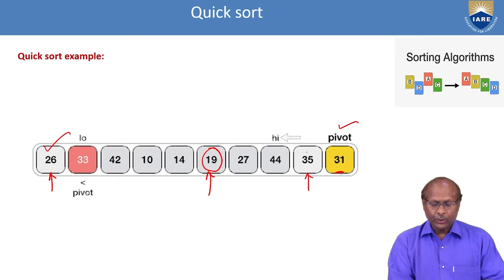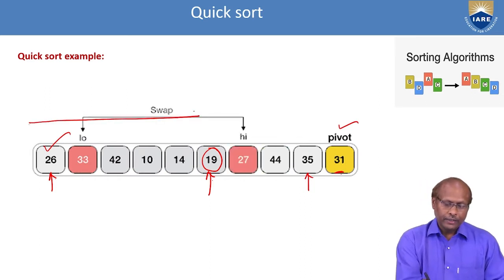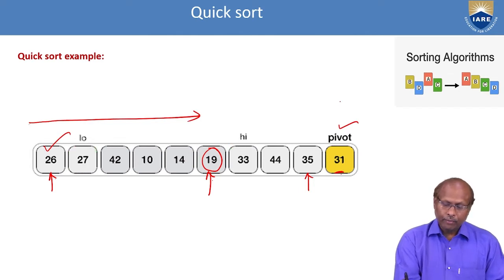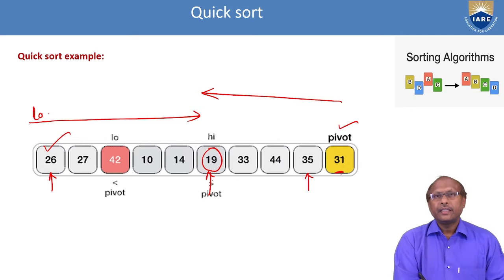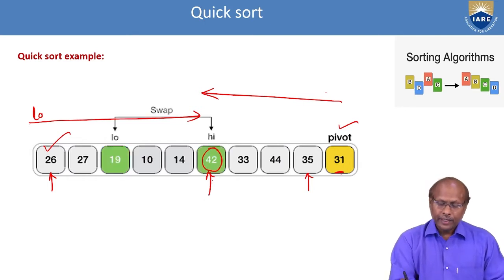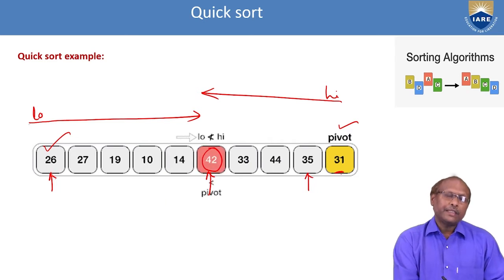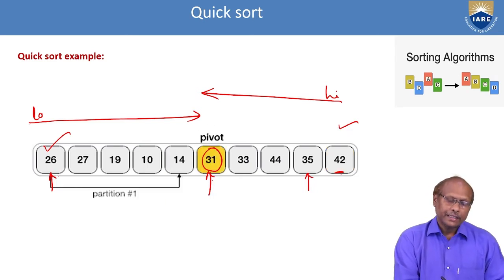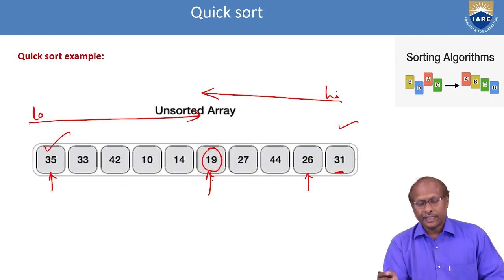So it is comparing these two elements, high with low. The low comes from left to right and the high comes from right to left. This low is my index variable, comes from left to right, and high is my index variable, comes from right to left. So whichever elements are less, that must be on the left side, and whichever elements are greater than this pivot, they should be on the right side.